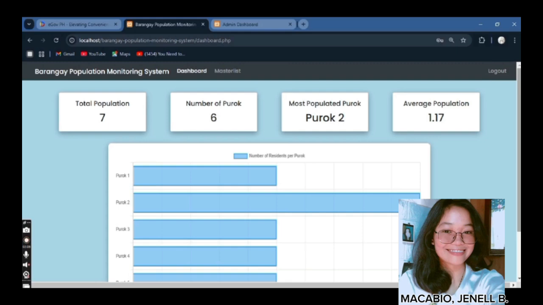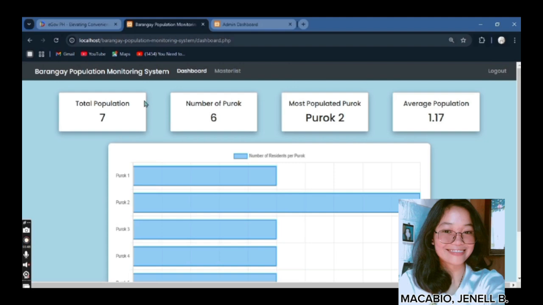In the Barangay Population Monitoring System, clicking on the dashboard gives users a quick overview of important population data. This page is designed to display key statistics and insights about the barangay population. So first, one of the main features of the dashboard is that it shows the total population of the barangay.